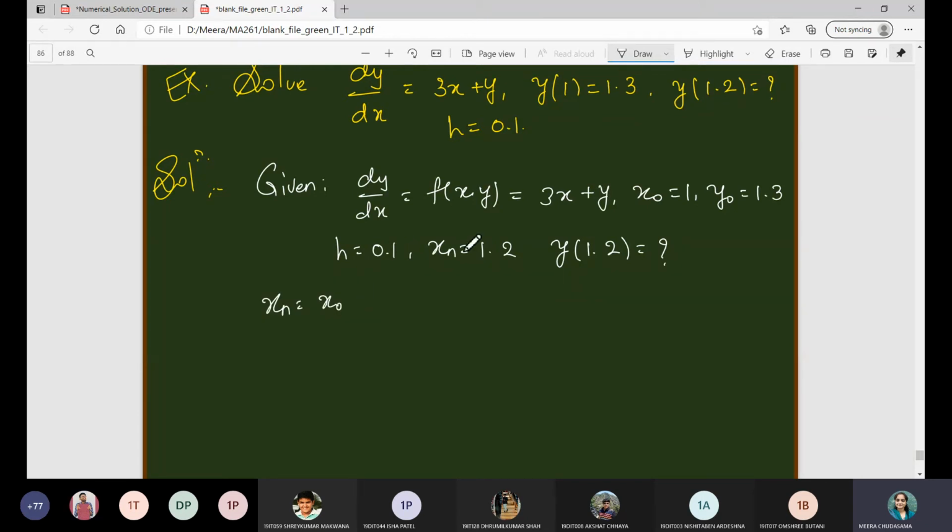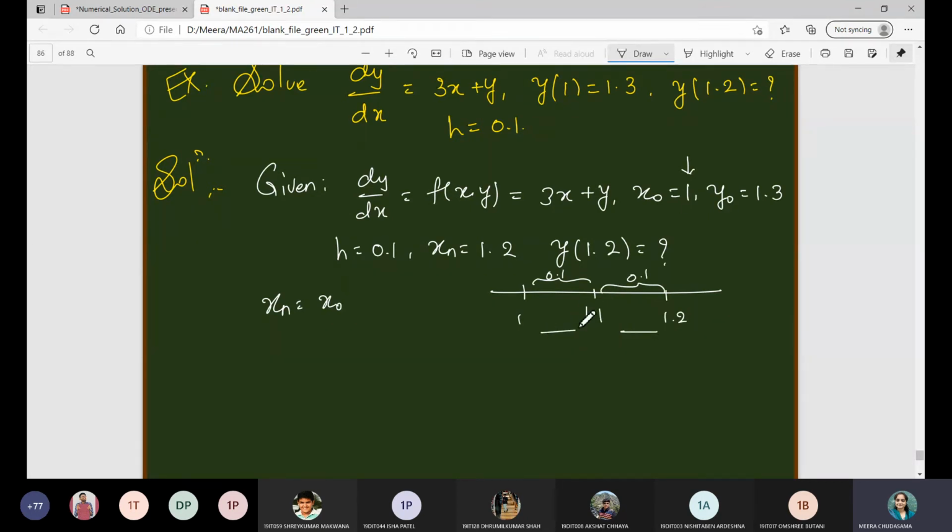Two, right? One, you are given the initial point, h.1 is given, this is 1. When you take h.1 the first time, you will reach 1.1. We are given h as 0.1, so you will reach 1.1, and again when you consider the same step size you will reach 1.2. So the total number of iterations is 2.